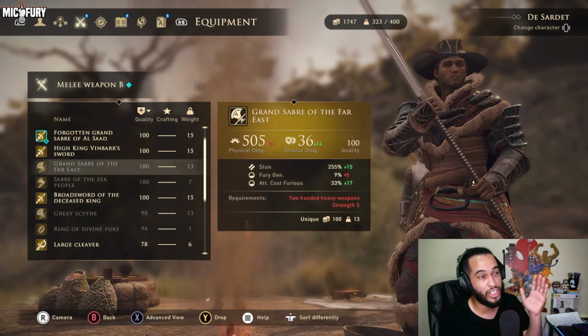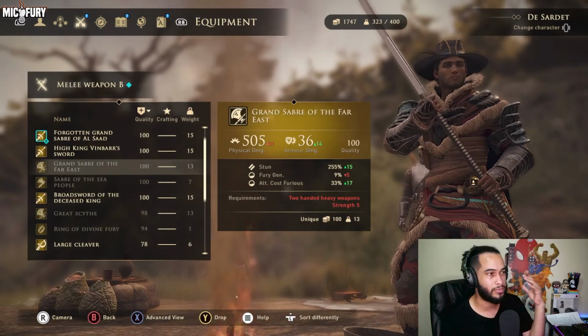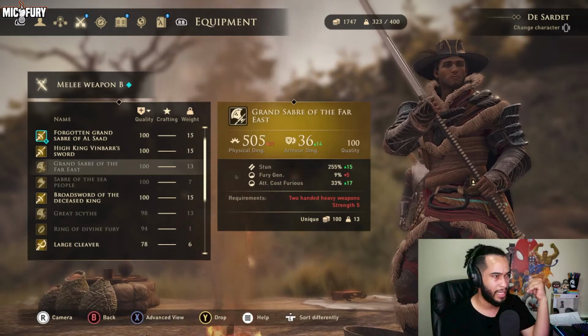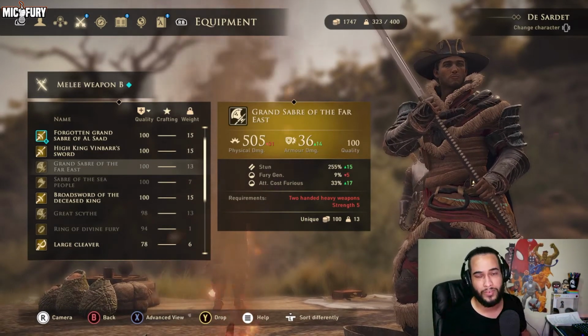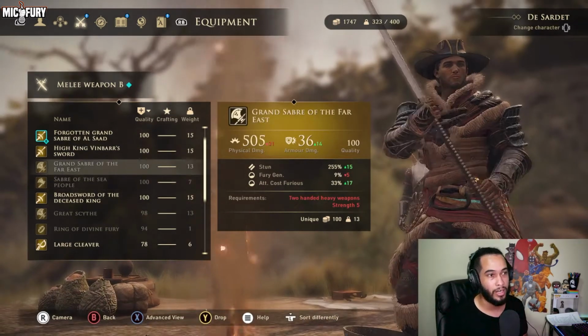So Grand Saber is the knots. You want to do Vasco's clan, you want to do his faction, befriend him, get all his side quests done, and then on top of that, do the faction side quests as well, and you'll have this bad boy in no time. So those right there are